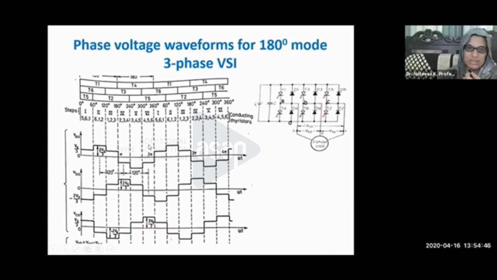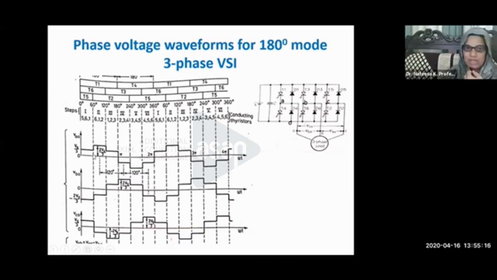We'll get one cycle. The values of Vs by 3, 2 Vs by 3, etc., you have already studied in the power electronics class with equivalent circuits, so I am not going into the details of that. Similarly, you can take the voltage from the other limbs also, VBO and VCO. These are out of phase by 120 degrees. This one started at this point.